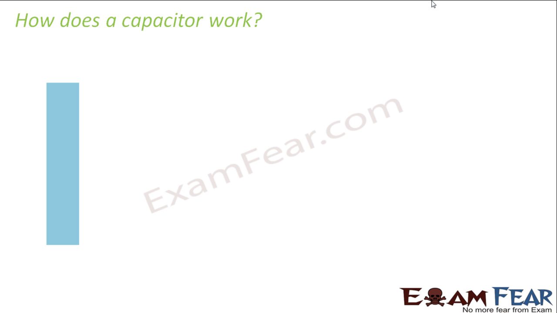So let us suppose this is one conductor. Let us name this conductor A. From some source, we give some amount of charge to this conductor, and we keep giving charge until its potential reaches a maximum. So Q amount of charge is given to this conductor till it reaches its maximum potential, say some V.